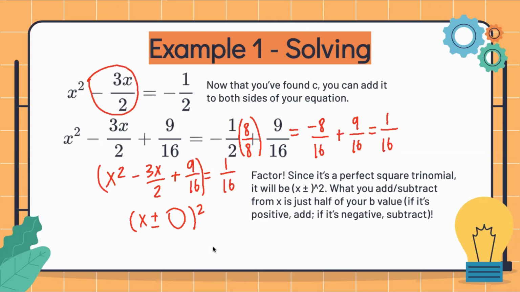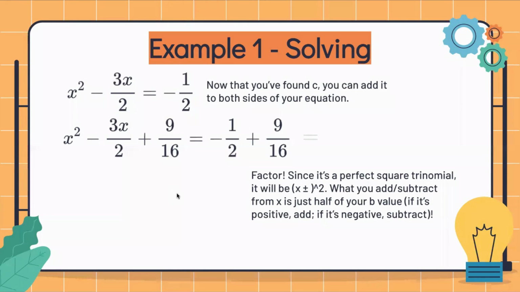If we find half of that, we would do negative 3 over 2 times 1/2, and that would give you negative 3 over 4. Since our value is negative, we're going to be doing x minus 3/4 squared. So to simplify this, we would have x minus 3/4 squared equals 1 over 16. Now that we have our factored expression, x minus 3/4 squared equals 1 over 16, all we have to do